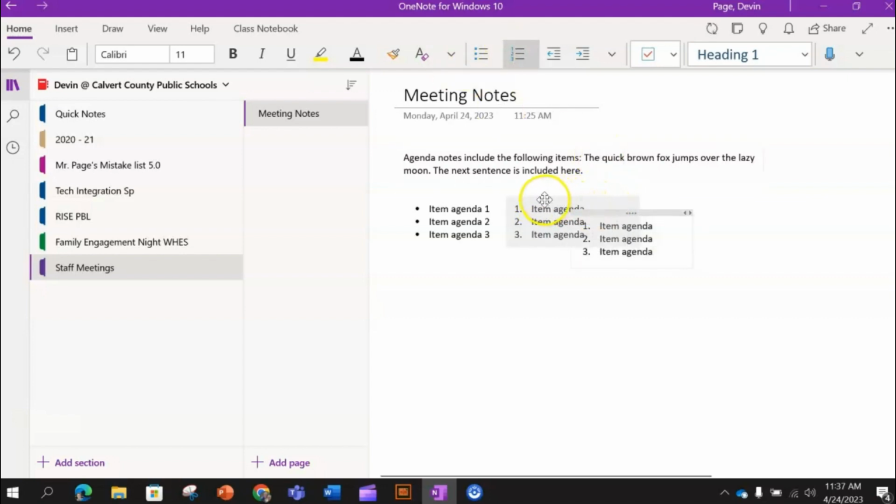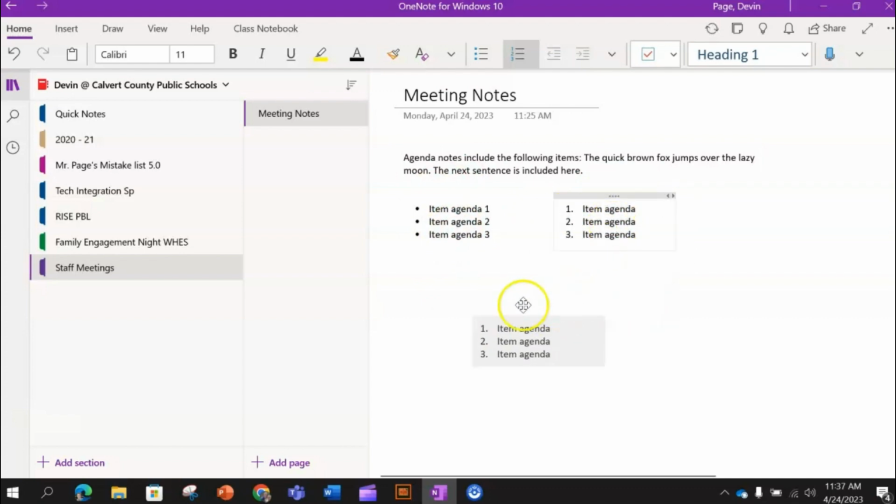And you can also move your text boxes anywhere you want them. So I'm moving this text box to keep it in line with my bulleted text box, my numbered text box. I could pull it below if I want to. So those are some cool things about Notebook. It's a little more convenient than Microsoft Word, where you can move the text around as needed.